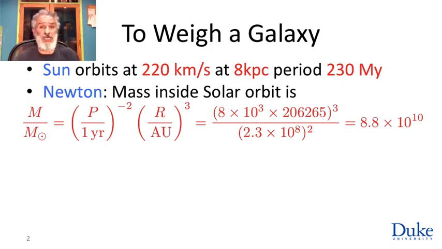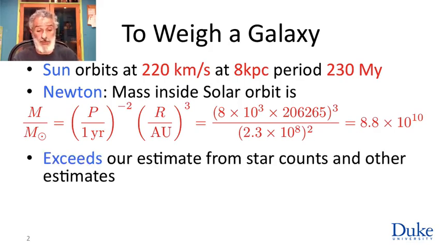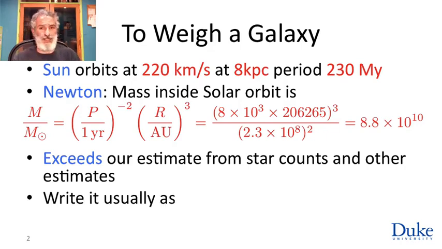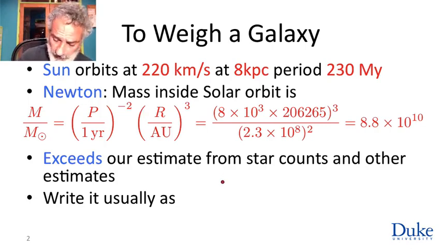That's interesting. So we want to figure out what it is we've missed. Are there a lot more brown dwarfs or whatever than we thought? To study this, the way this investigation is done is typically, instead of using this nice scaling relation, which I confess is my favorite way to do it, the way we usually do it is we write that an object that is orbiting at a radius r with speed v has a